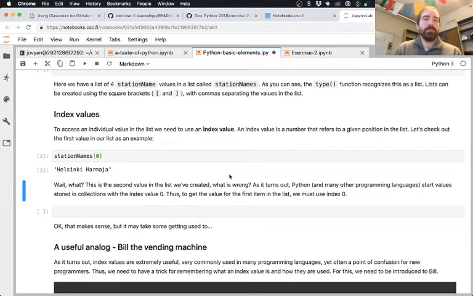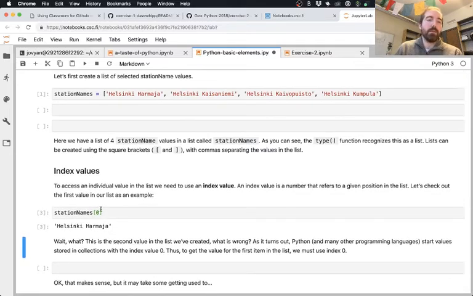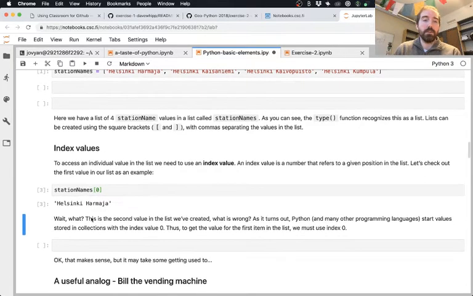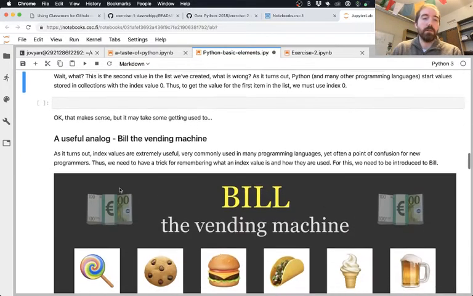So this number is useful in the sense that if you don't know what's in the list but you know how long it is, there are Python commands that can tell us how long something is if it's a list, that you can then go through, and you'll see I think already in lesson 3 that you can go through each of those values in the list and print out what the value is.